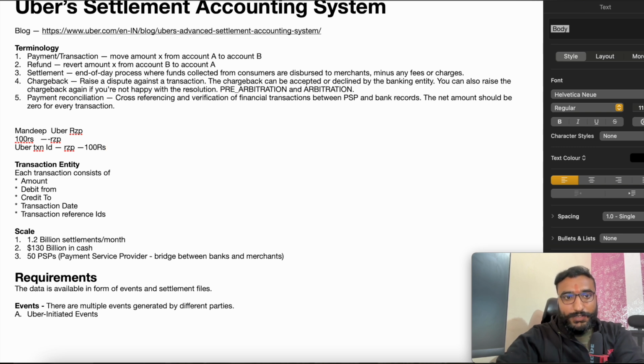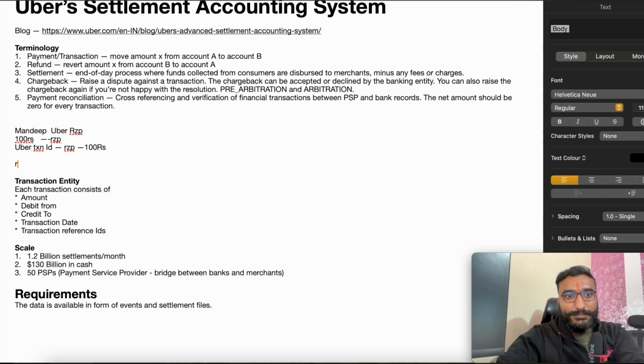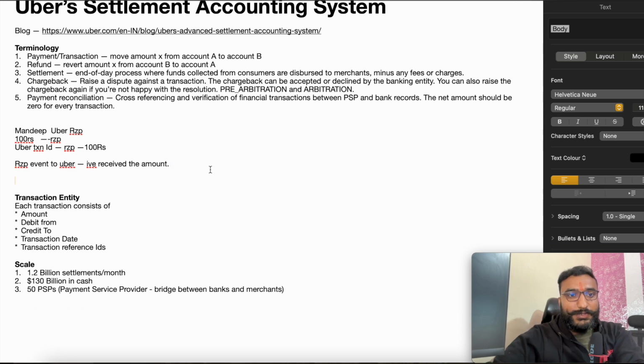Now in this scenario, once Razorpay has that amount, Razorpay sends an event to Uber that I have received the amount. Cool. Once the amount is received, it marks that the amount is received by Razorpay, and then it will be settled later on. Cool. Now let's say this is the Uber transaction ID,